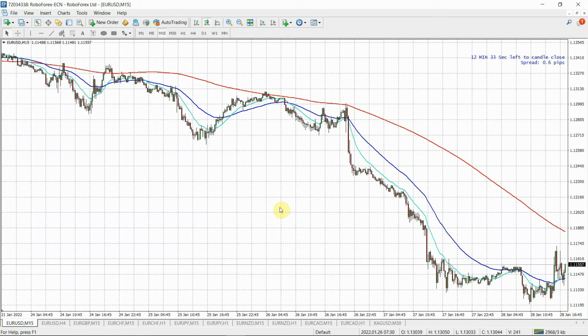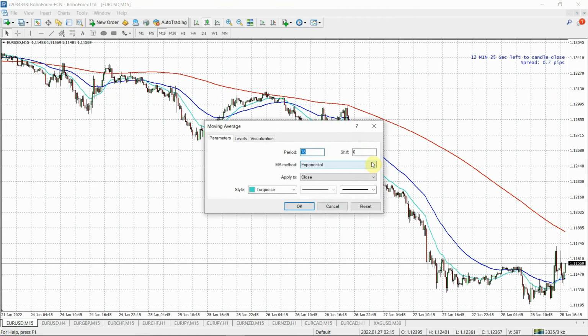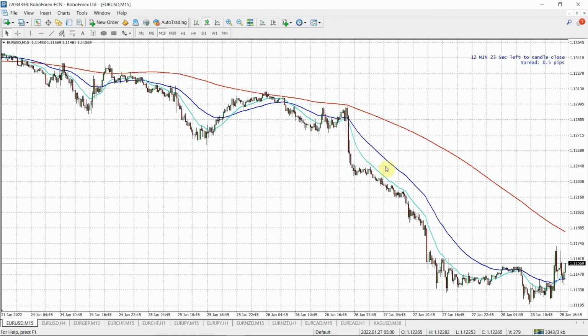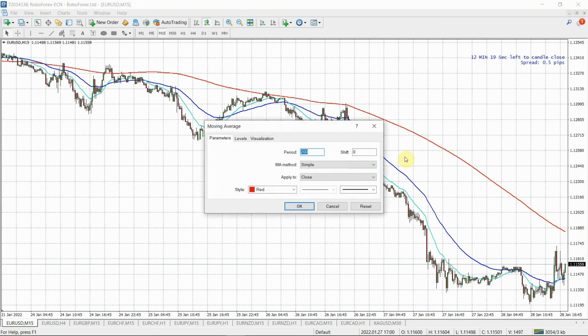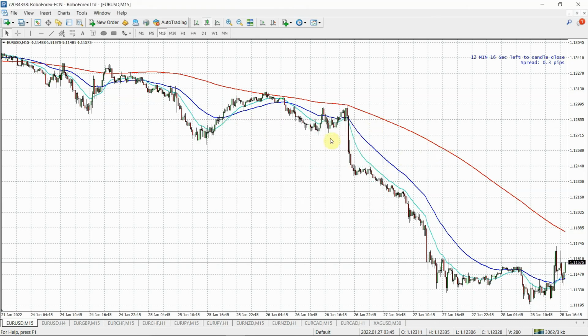So you have the 200 moving average, the 50 moving average, and then the 18 moving average here. You see that the 18 and 50 are exponential, and the 200 is the only one that is a simple moving average, as you have it there. These are the most used moving averages. Some people actually add the 6 EMA, and let me use that as an example to show you guys how